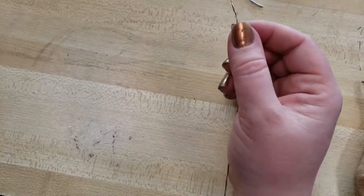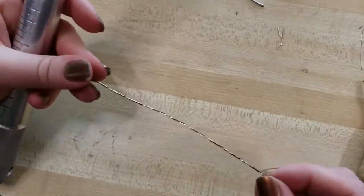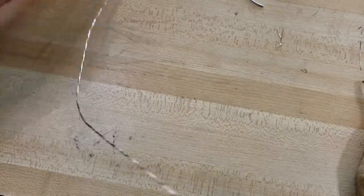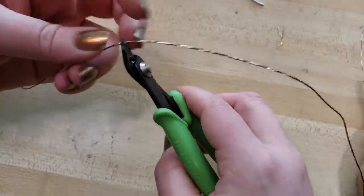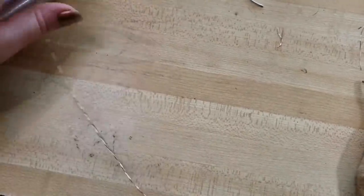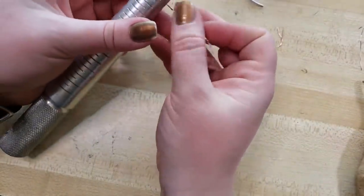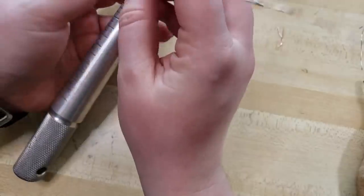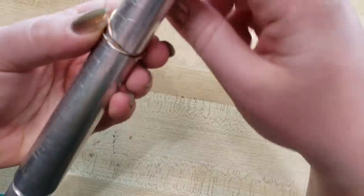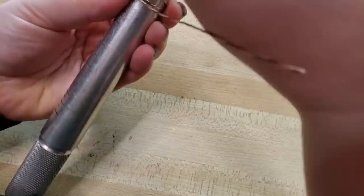So as a real quick project, something that I like to do with this wire, I'm going to come in, I'm going to give myself about 14 inches of it. And I'm going to snip, just like that. And set the remainder off to the side. And I'm going to come in, and I wear about a size 9 sometimes, so let's make it a little bit larger than what we need. And I'm just going to twist around on the mandrel, and since this is a thinner wire, I'm going to make our base band